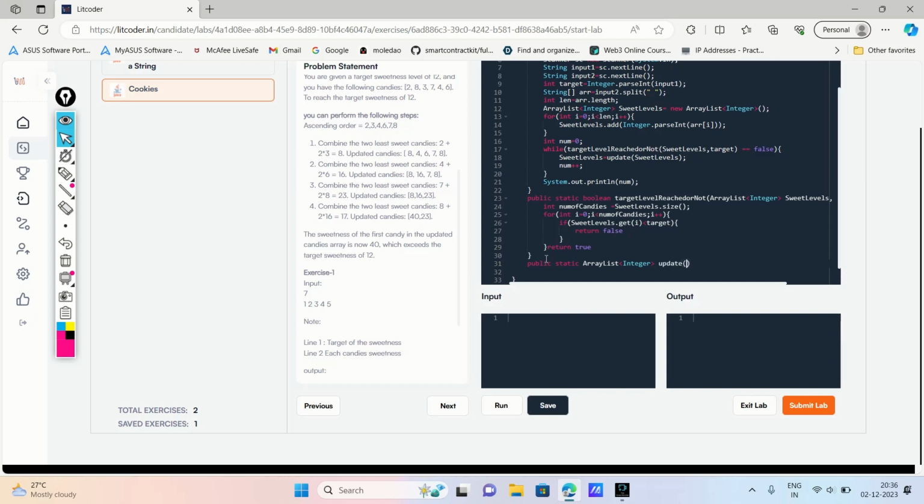Update, we are gonna pass our array list of integers. Its name was sweet levels. Then we create